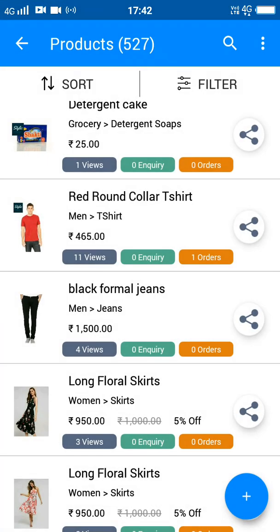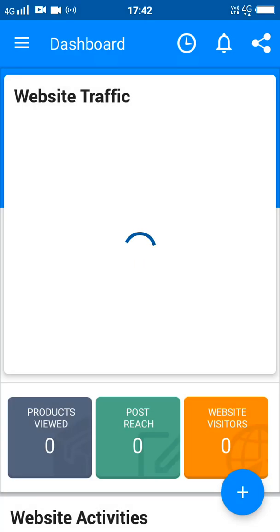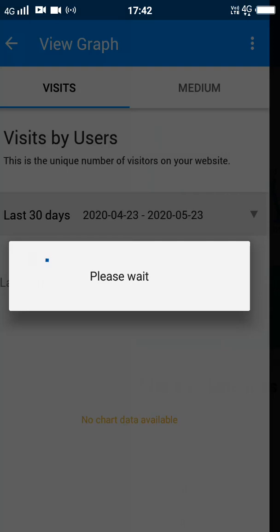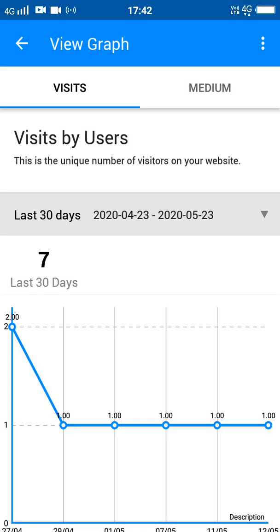Now let's see about the post reach. This also shows a similar graph, but here visitors don't land on the home page or a product page, but on a post, that is a catalog of products page of your website.